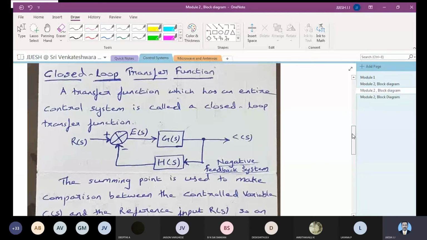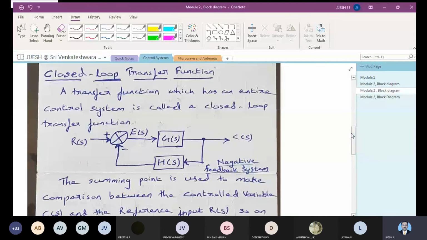So we will just go ahead with the closed loop transfer function. In closed loop transfer function, we have one thing which we have studied before: we have studied two things in control systems. One is called open loop, another is called closed loop. So let me know what you have understood about open loop and closed loop. What is the major difference between open loop and closed loop? One of you first.